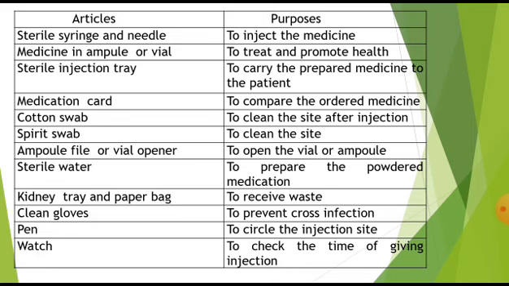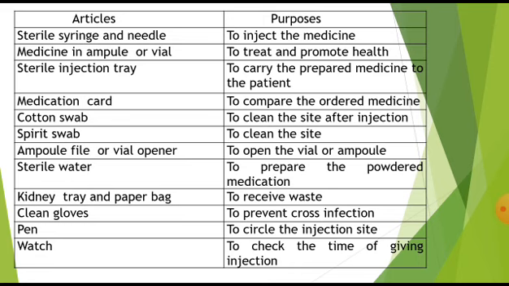Then the articles needed for the procedure: sterile syringe and needle to inject the medicine, medicine in ampule or vial to treat and promote health, sterile injection tray to carry the prepared medicine to the patient, medication card to compare the ordered medicine, cotton swab to clean the site after injection, spirit swab to clean the site, ampule or vial opener to open the vial or ampule, sterile water to prepare the powdered medication if it is in powdered